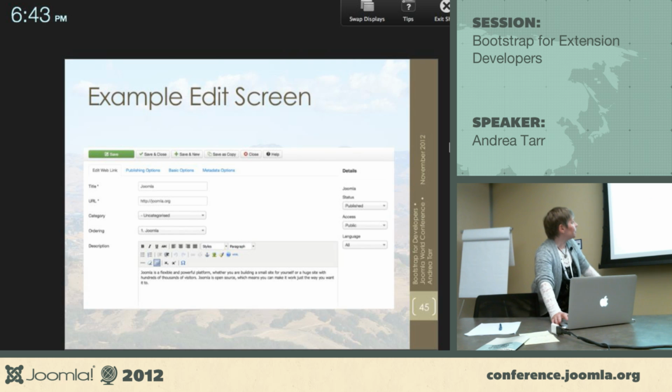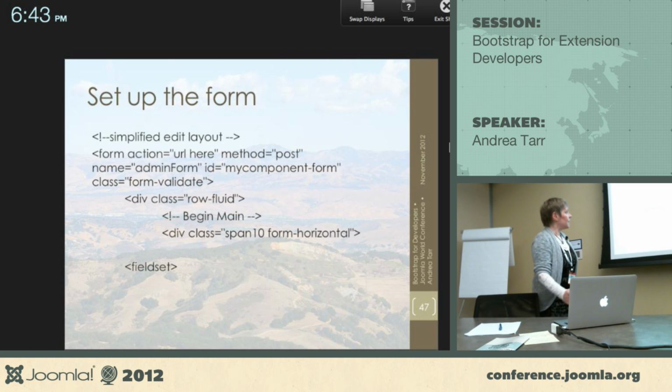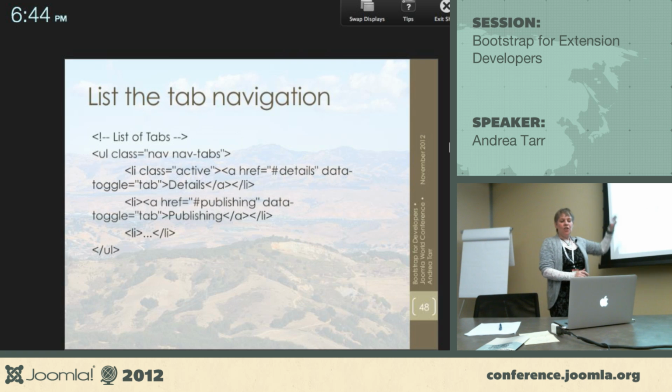So this is the edit screen. Remember again, we've got the tabs across here and the content. So again, that's the 10 and the 2. We set it up to get this is the span 10 with the form horizontal. And then we do a UL that lists all of the navigation. And those will be those tabs across the top. It'll either be just the static navigation that you automatically know about, or you could have a couple that you know, and then you could do a for each loop that will be going and grabbing the rest